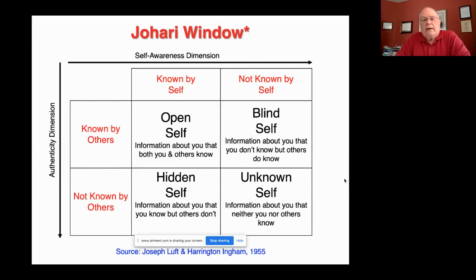And certainly when it was first developed, it was used around communication skills, so that everybody has a Johari window like this that's unique to them, and has information in each one of these four quadrants.